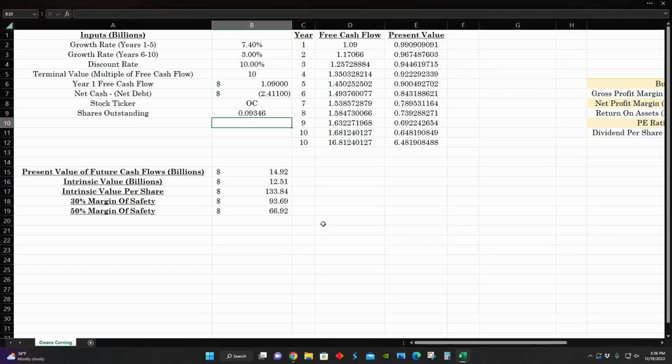Now I want to look at this discounted cash flow analysis to figure out the intrinsic value per share for the company. Yahoo Finance is estimating that this company is going to grow at around 7.4% for the next 5 years compounded annually. So I cut that value in half to 3% for the next 5 years after that. They had a little over $1 billion worth of free cash flow in 2021, around $2.4 billion of debt, and 93 million shares outstanding. And so that puts their intrinsic value per share at around $133 per share,